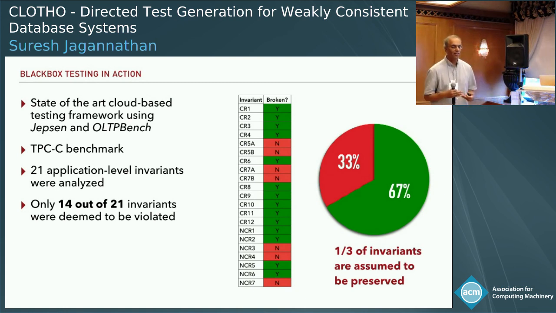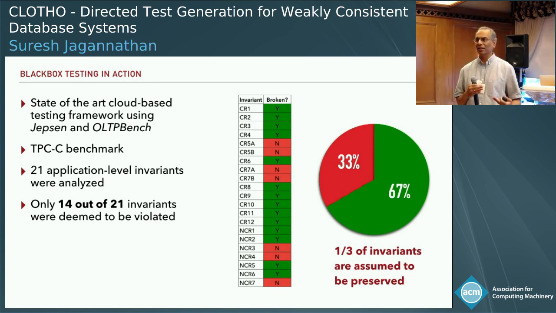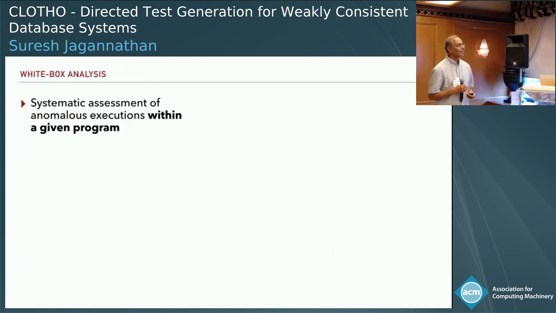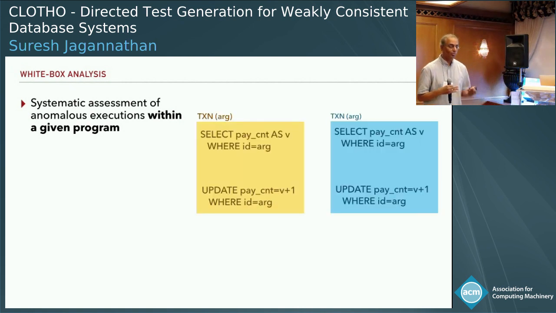So that led us to think if there was a mechanism that we could employ that used white box methods, where we could actually analyze programs in a meaningful way. Could we get all of the red to become green, right? That's the crux of what we discussed in our paper. So the question is, if I gave you a database program, can you analyze it sufficiently? Can you generate a symbolic representation of the possible executions that are feasible within this database system to trigger invariant violations with respect to some consistency model, right?